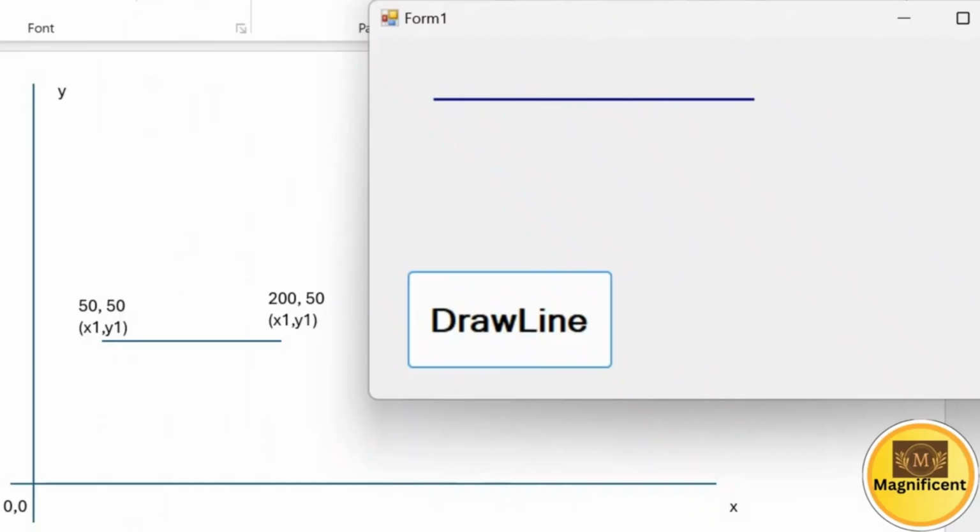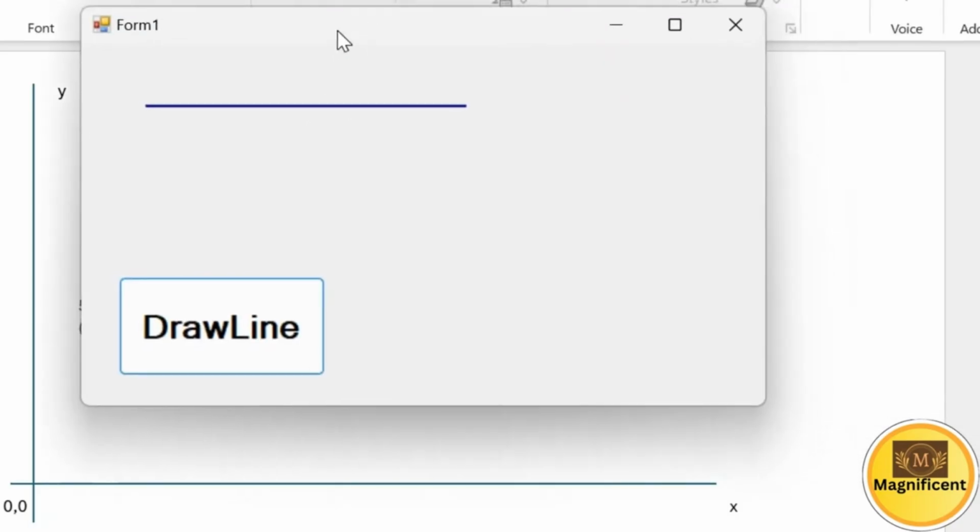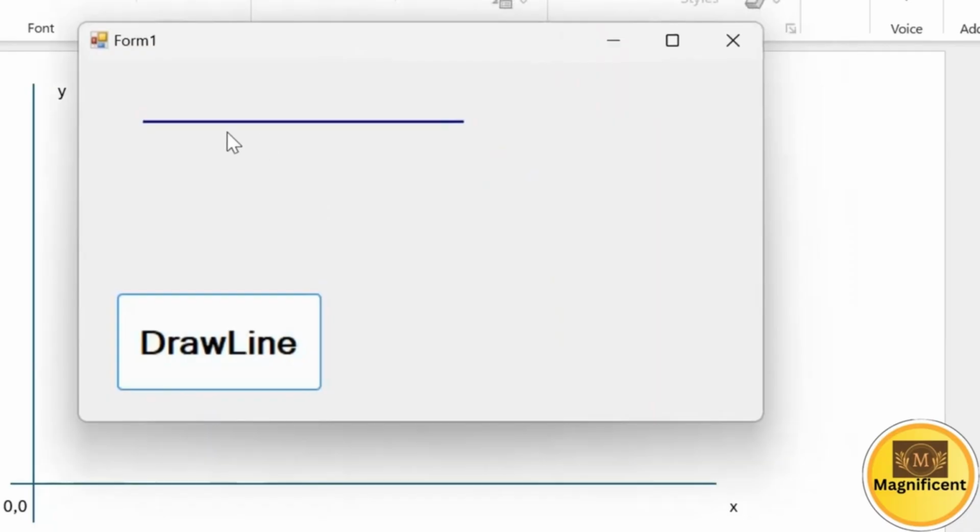Welcome to WinForms series, and in this video we are going to see how to draw a simple line on the WinForms. Using a button click event, we should be able to draw this kind of horizontal line using the color which we want. So let's begin. To draw a line on this blank 2D surface, what we need, first of all,